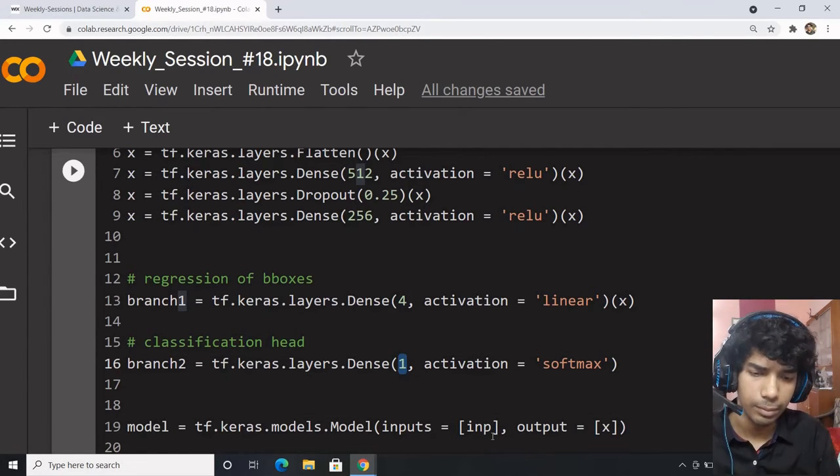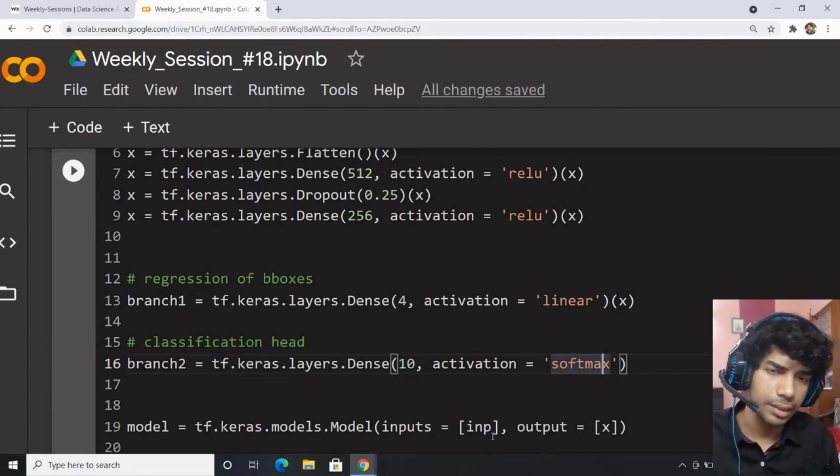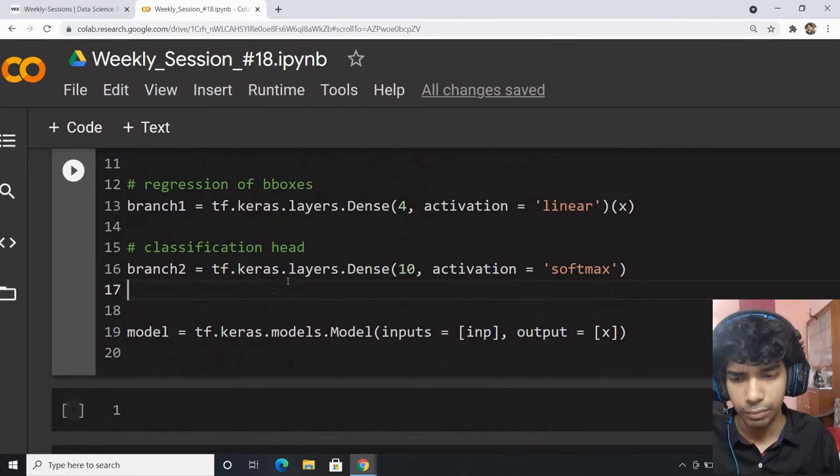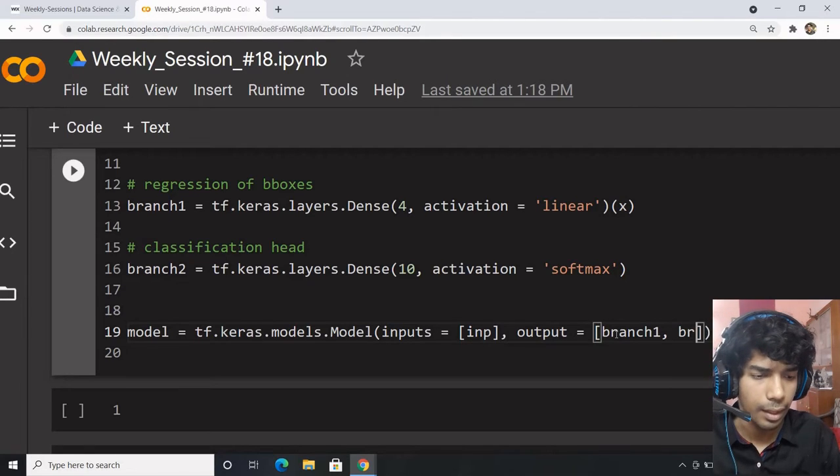The number of units is the number of classes, let's say 10 classes are there. If 1, then binary sigmoid, whatever it is. So outputs we have here is branch 1 and branch 2.